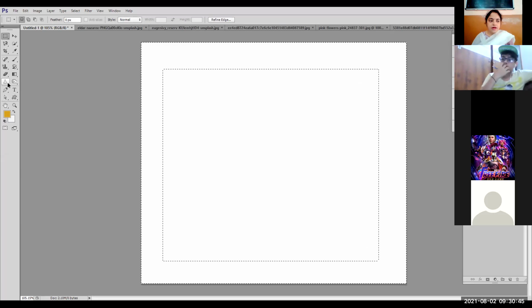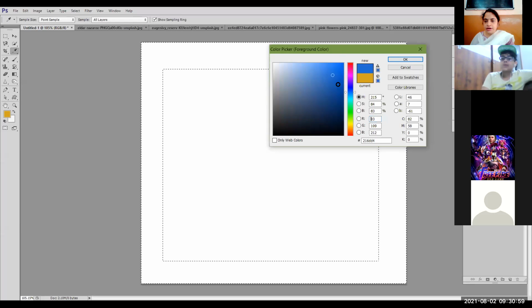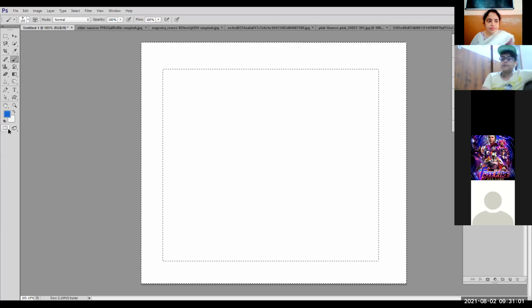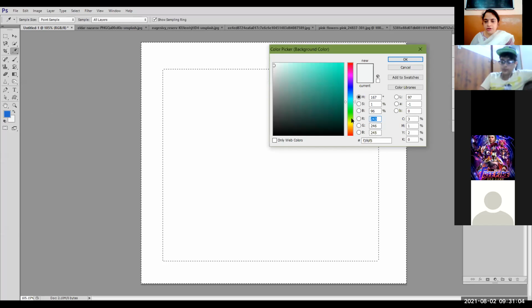Deselect ho gaya. Now you can use the brush tool to fill something in this, or you can fill the colors which I had already selected as a foreground color and a background color. I'm taking a color here. I'm taking the background color also.